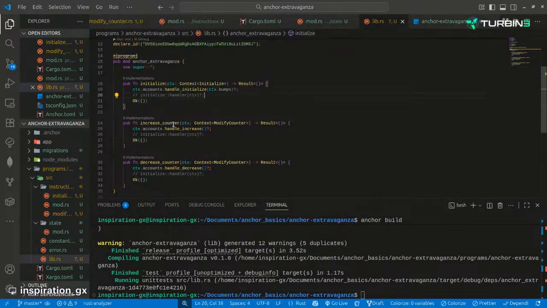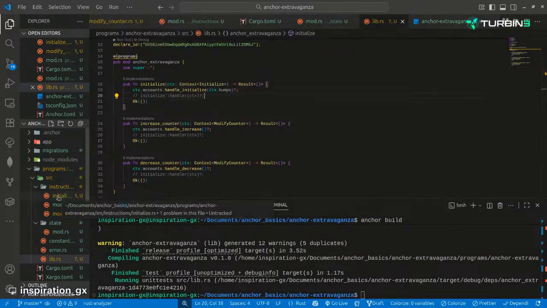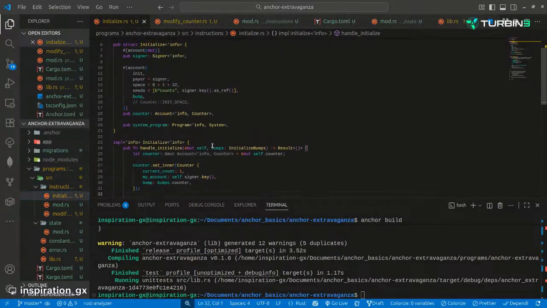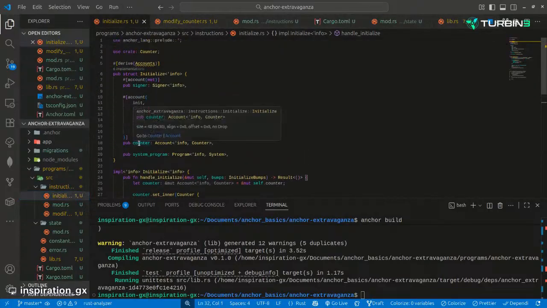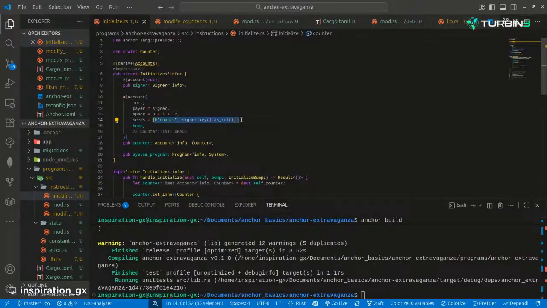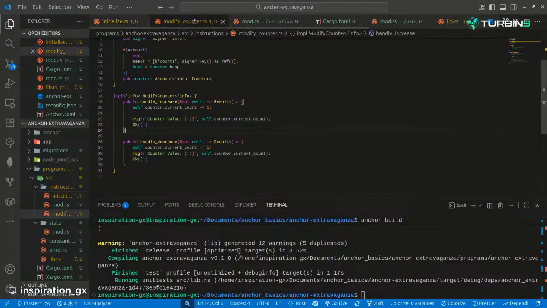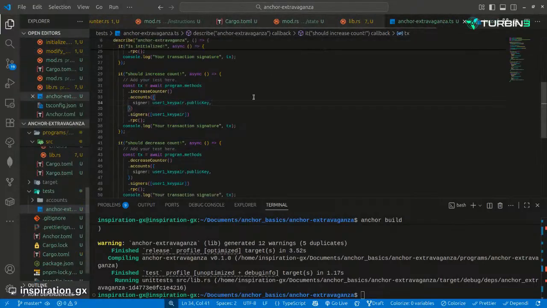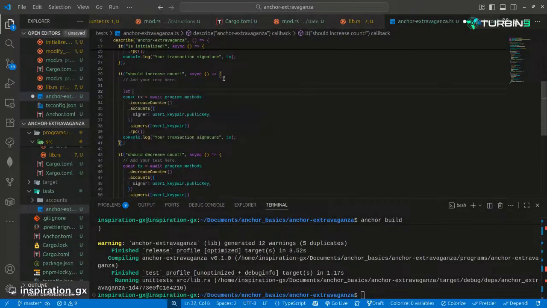Previously, you would have to pass the account to the account structure, this counter account. Previously, you'd have to pass it also with these seeds. But now it looks like Anchor is handling all of that for you. Previously, you'd have to do, let's enter the test and let me show you what you have to do. So yeah, let's just derive the account. So let's say counter PDA,